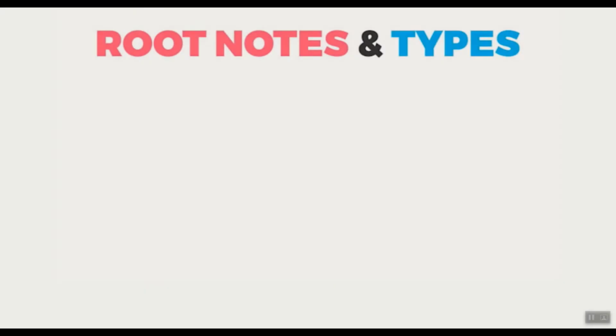All right, let's have a look at root notes and types. These will help us understand how things like chords, scales, and arpeggios are named. Now, the root note is the starting note and is the first thing in the name of any chord, scale, or arpeggio. For example, an E major arpeggio has the root note E, and an A minor chord has the